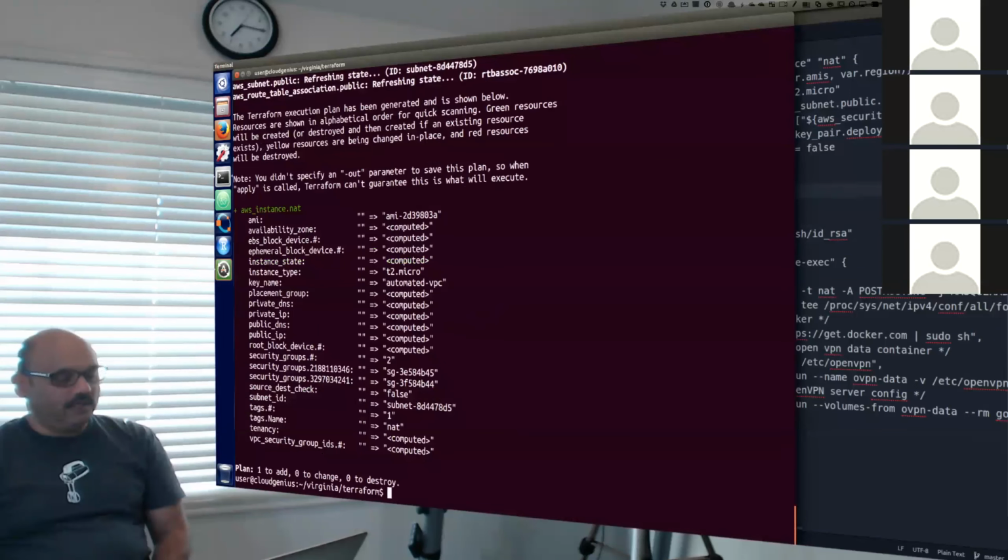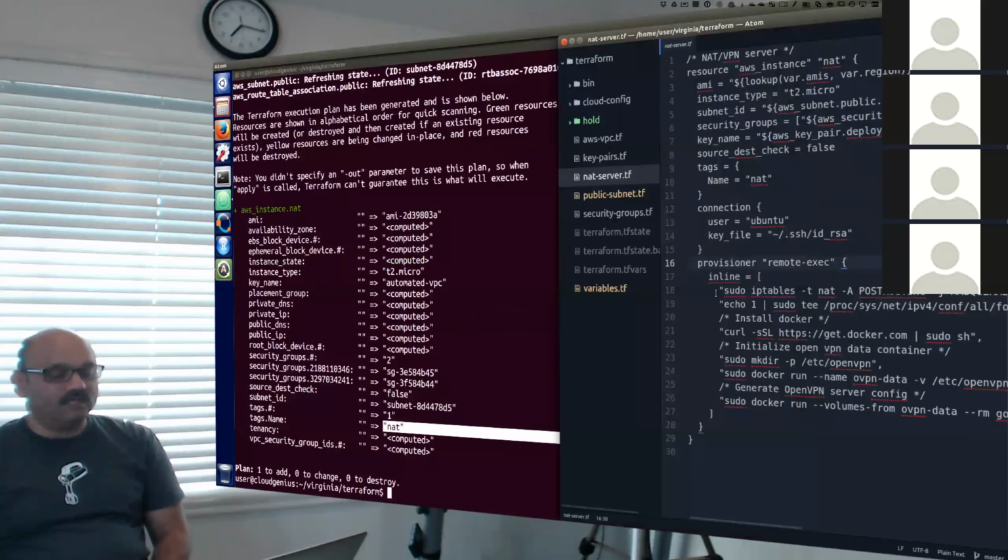And so it says, I will create a NAT instance, which is not going to be really a NAT instance, but actually an Ubuntu instance that I will call my NAT machine. And in there, I will run some provisioning code. That provisioning code is going to be this code, lines number 18 and 19 to create a NAT.